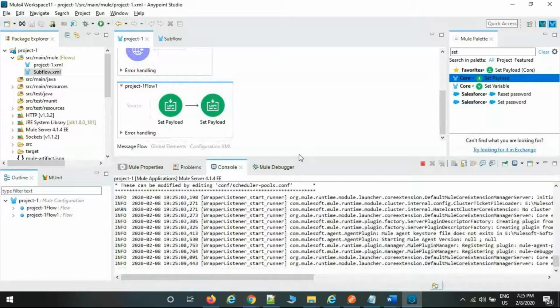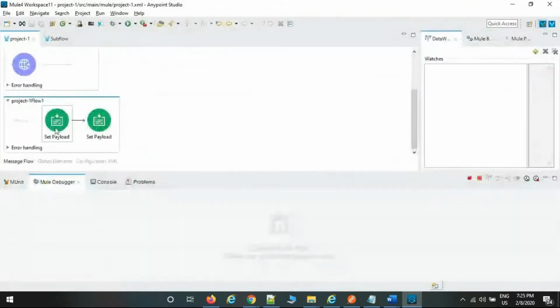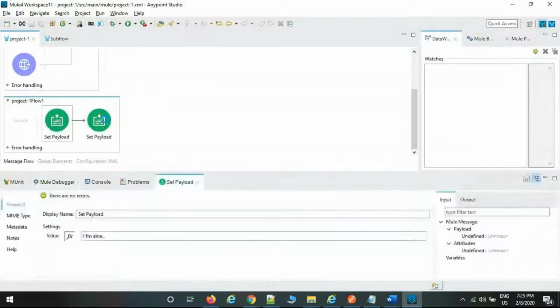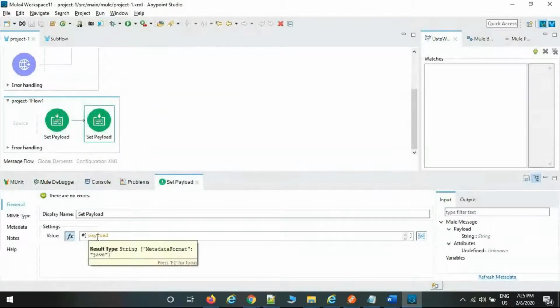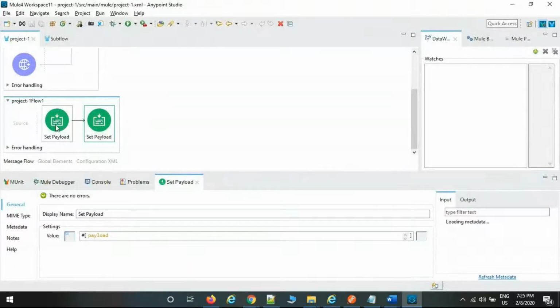This is the debug window. This is the hard-coded one, and this is the dynamic one, the payload. Because we have not modified anything, I'm just saying keep it as it is. Whatever you defined here is automatically populated here as a dynamic one.